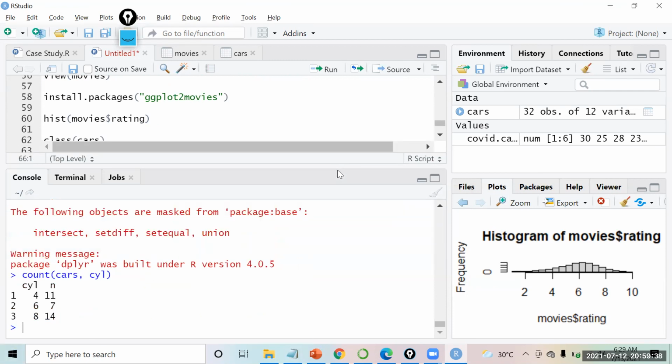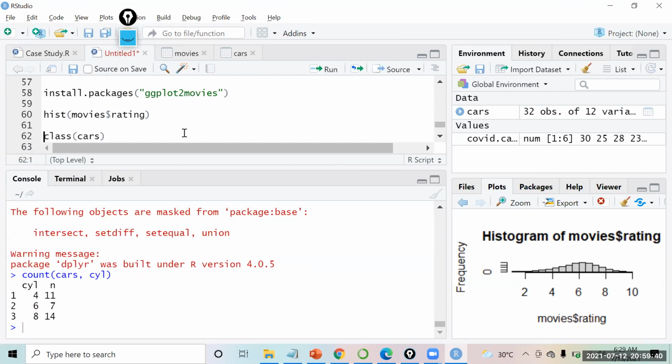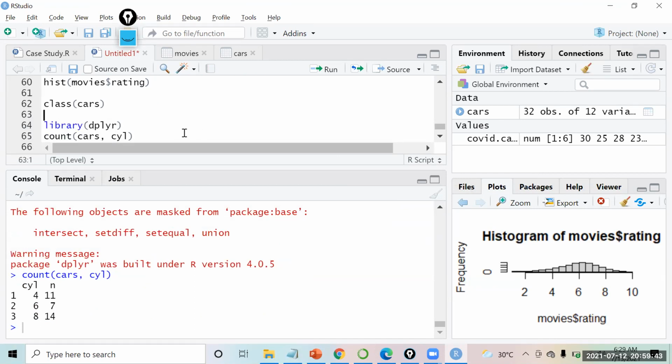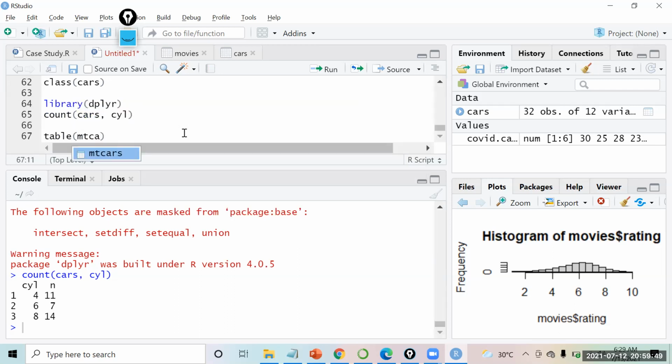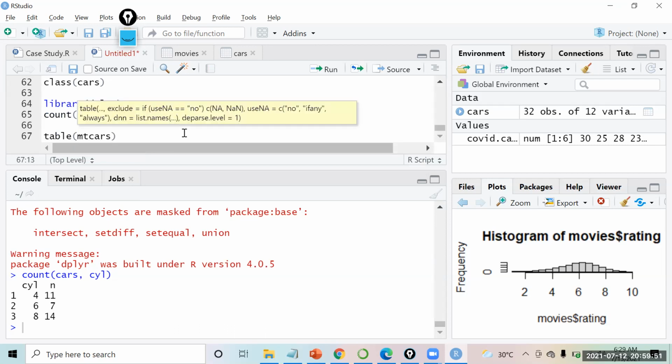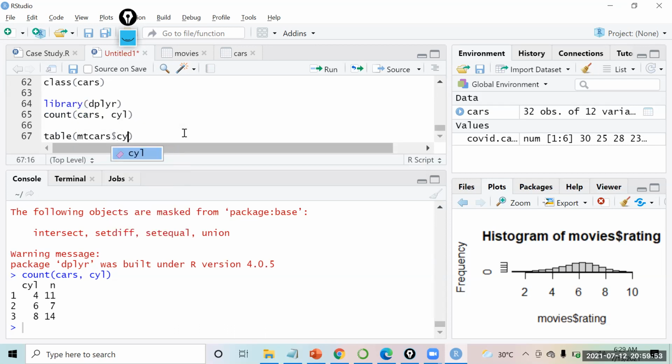Compare with the output that we got with the table, table of mtcars dollar cylinder.